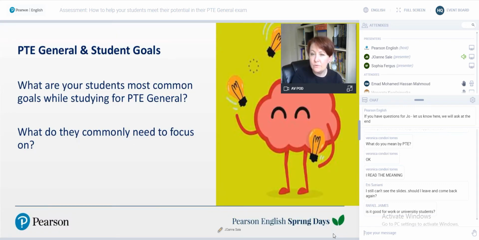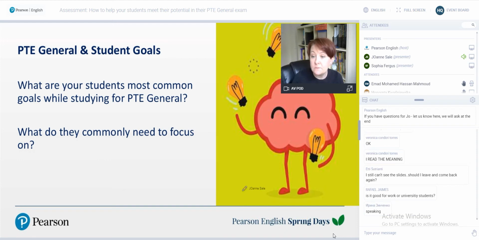So I'm going to ask you 2 more questions here before we dive into this. I'd really like to know, what are your students' most common goals while studying PT General? What do they commonly need to focus on? When I'm talking about goals here, I'm not talking about the end goal after taking the test. I'm talking about while they are preparing, what are the things that they really need to focus on that you generally see in your classrooms or with your students. If you could pop some ideas into the chat box, that would be really good, and we can just see a couple of ideas